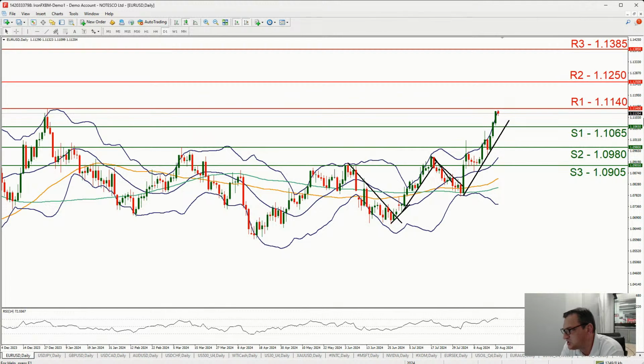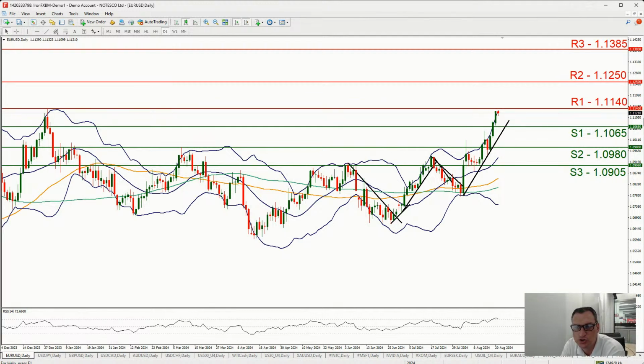Overall, the bullish outlook is still present, and we're basing that practically on the upward trend line, which is continuing to guide the pair higher. I would also note here the fact that we have the RSI indicator, which is slightly above the reading of 70, implying a very strong bullish market sentiment. On the other hand, though, the fact that the RSI indicator has breached above the reading of 70 may also be implying that the pair is at overbought levels.